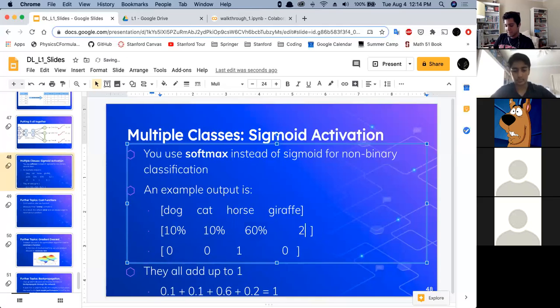So actually, this example is not a very good model because it was 20% sure it was a giraffe and 60% sure it was a horse, right? Those are probably pretty similar to a neural network. Ideally, what we would want is like